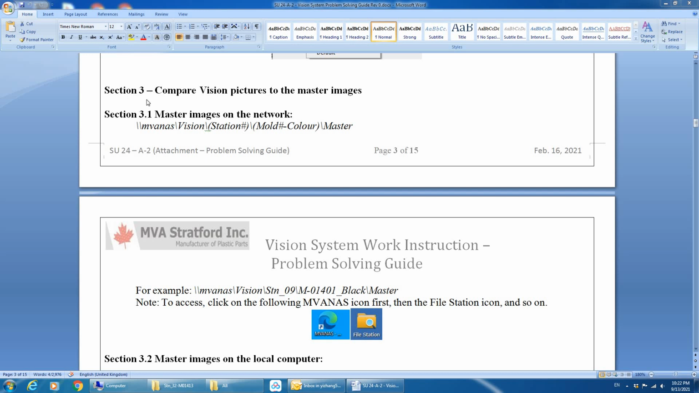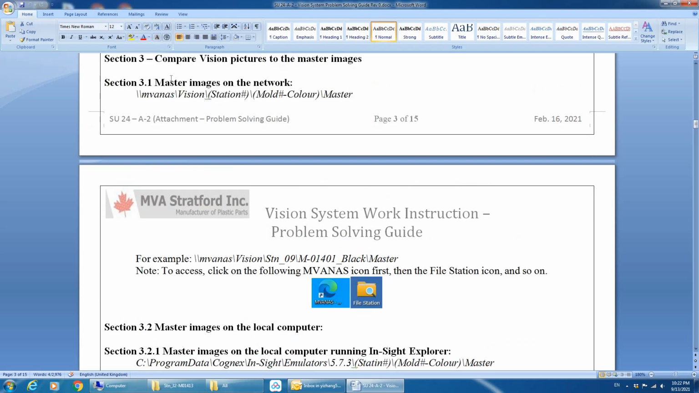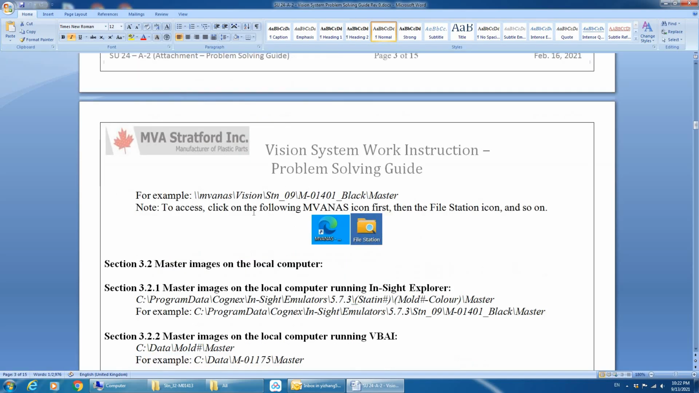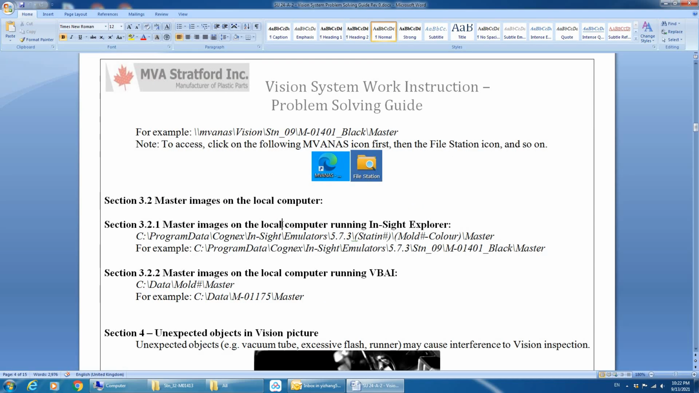Section 3. A very useful method in troubleshooting is to compare the current vision pictures to the master images. You may find the difference or the problems quickly. For some jobs, the master images have been made available on the network, in this folder. To access them, you may find the icons, click on them, and you can access the files. But for most